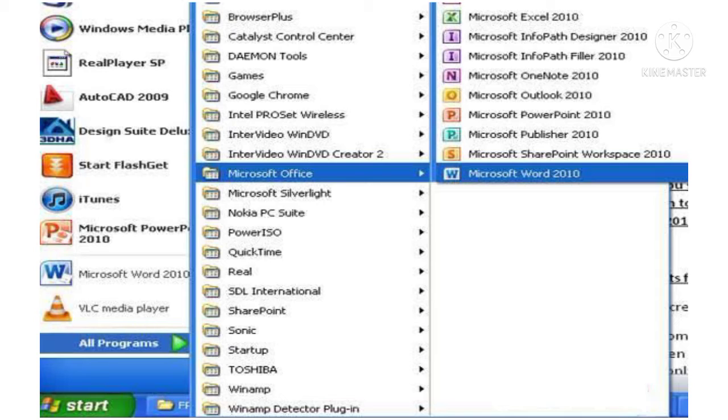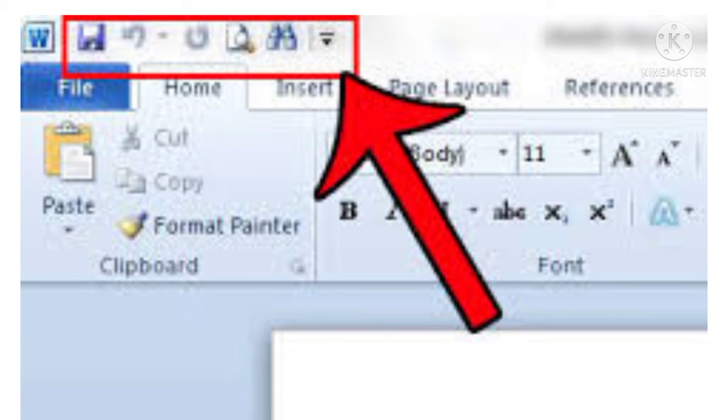Let us observe the components of MS Word 2010. Fun fact: MS Word was formerly known as Multi-Tool Word. Quick Access Toolbar. The Quick Access Toolbar appears at the upper left corner of the MS Word 2010 window.